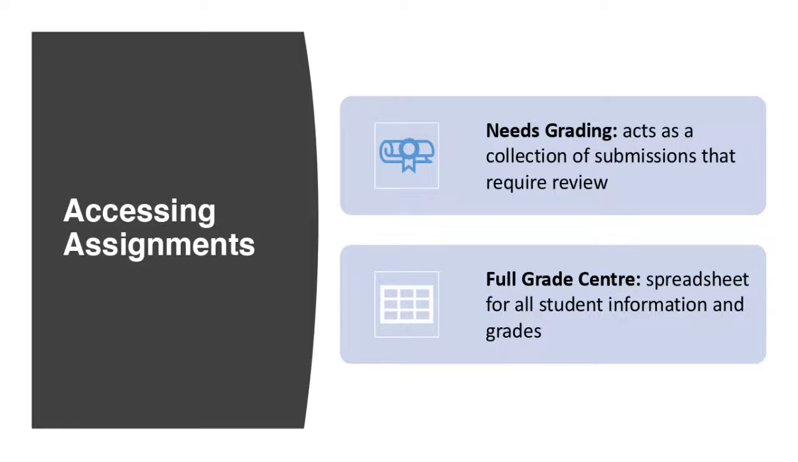So where do you access the assignment? Once the student has submitted the assignment, where do you go to grade it? Like Nuit showed you, you go to where it says Needs Grading. This acts basically as a collection of submissions that require review. Once you have graded it and put a grade into the assignment, it will disappear from the Needs Grading